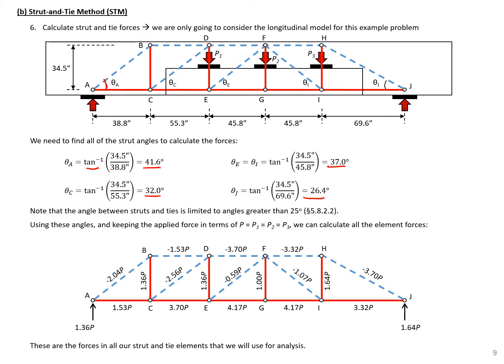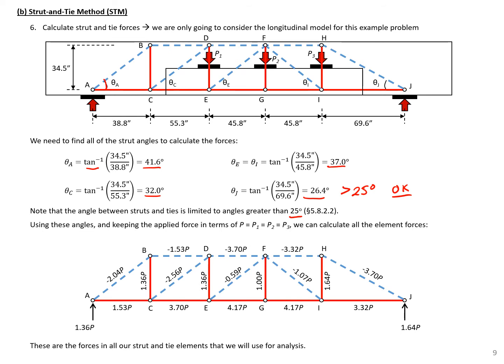And we can see that all of our angles are above 25 degrees. So our model's okay. If we had a strut angle that was less than 25 degrees, we would need to go and modify our model to make sure that